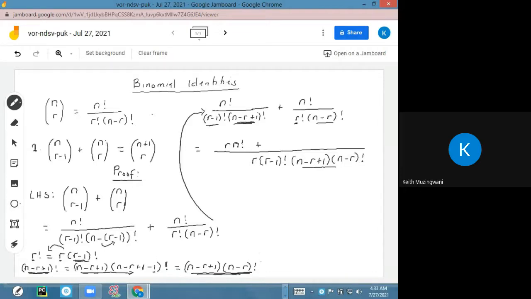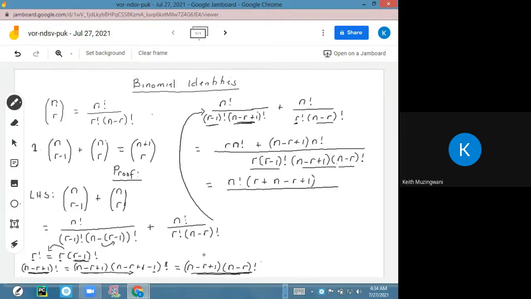plus r factorial in itself, we get 1, and n minus r factorial in this whole thing will only take away this piece, the r will remain. So we have n minus r plus 1 multiplied by n factorial, the numerator. So that n factorial is common, we can factor it out from the numerator and remain with r plus n minus r plus 1